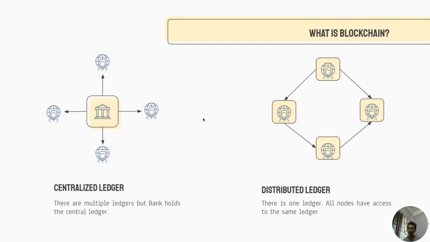Now what happens after I move out? The transaction is completed, which means the node which I interacted with has the information that I transacted, and this will be broadcasted to all the nodes or all the branches in this ledger. It's not sent to only one branch or one node as it happened before.